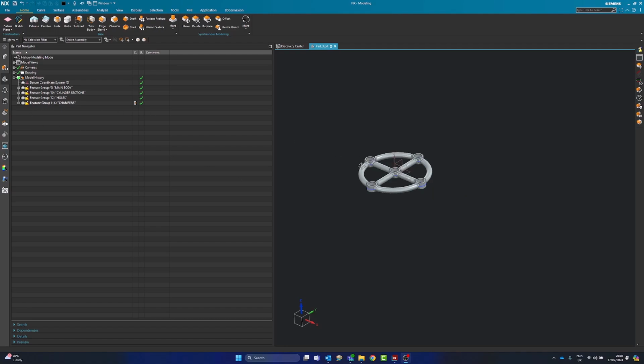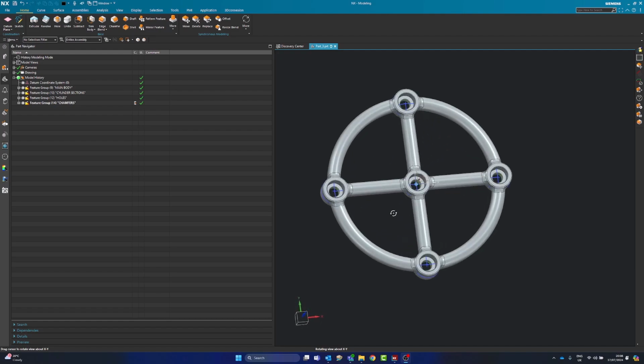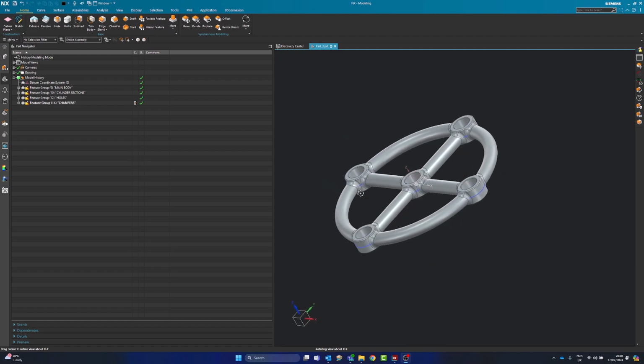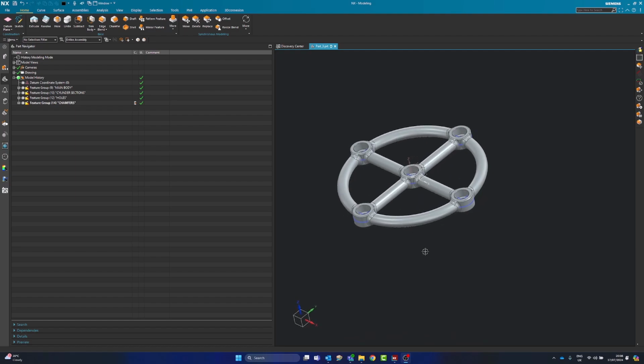In this one we are having a look at the third part. So here you can see it on the screen, and the focus for this tutorial will be to go into constraints, and also we're going to get some work holding. So rather than just machining the part in thin air like we did on the last one, this time we're going to add some work holding, some vices, and we're using the Lang system. They have some really good stuff that you can download on their website, so that's what we're going to be